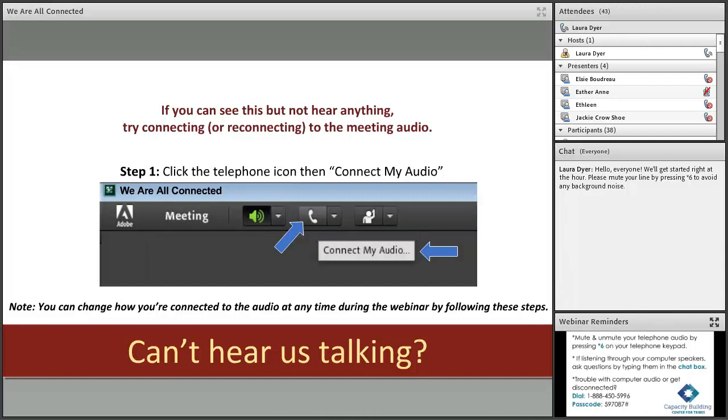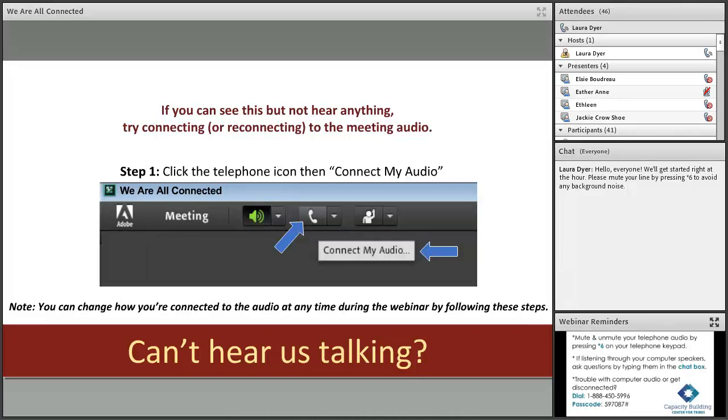You can change how you're connected to the meeting audio at any time during the webinar by following these steps. If you're listening through your computer speakers already, for example, but find that the connection isn't working well or it starts breaking in and out, you can switch to the telephone audio option. When you do that, just remember you're going to want to mute your computer speakers so you avoid that echo.